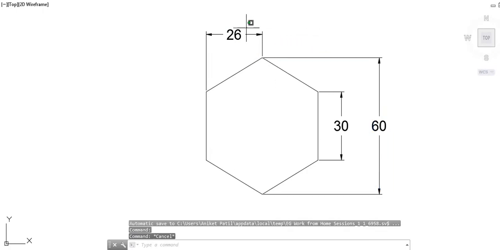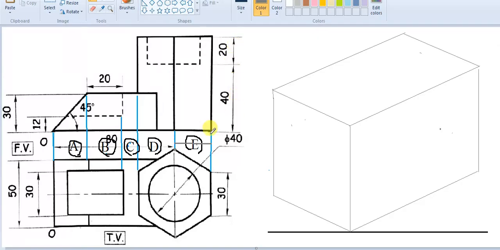Also, this 26 is the dimension which we want on this side. So the total length becomes 80 plus 26, which gives me 106. So the total length would be 106, the total height would be 60, and the total width, as we have seen, is also 60.